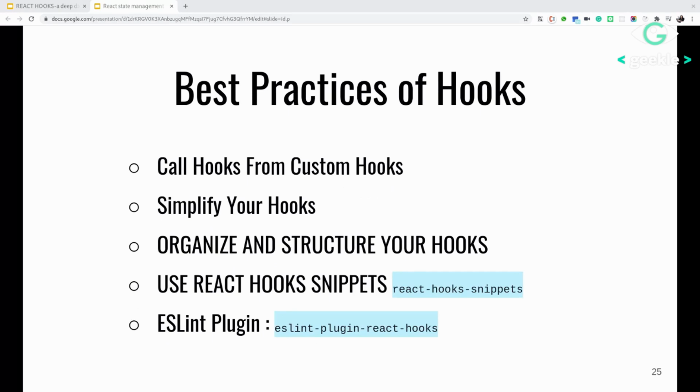Now, some of the best practices of hooks: a custom hook is a JavaScript function whose name starts with use, and that may call other hooks. For example, we can combine some of the basic hooks and create a custom hook. Keeping React hooks simple will give us more power to effectively control and manipulate what goes on in a component